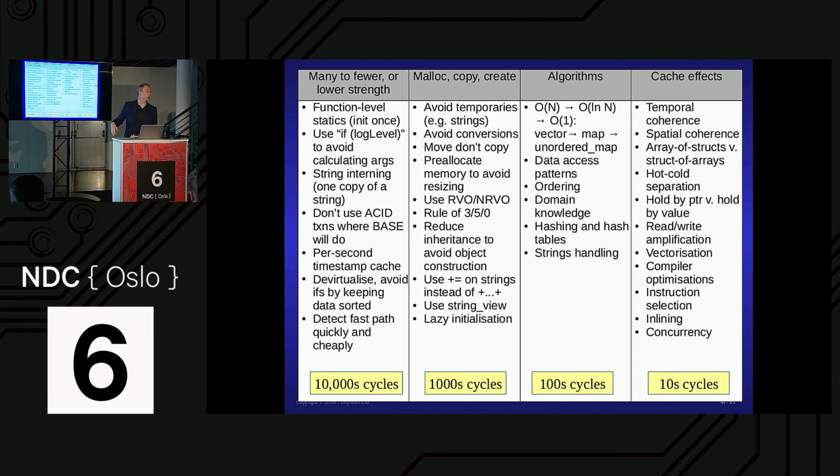You have a choice of hold by pointer or hold by value. Holding by pointer is a form of hot-cold separation. It allows you move semantics, but then you get a trade-off with it being through a pointer, so you have to do some measurements to understand that one. A lot of these cache effects also depend upon the size of your data, because you've got 32 kilobytes of data cache and things like that. Watch out for read and write amplification. If you're going to read something, make sure that you're using everything inside it. Don't read data you're not going to use. Playing around with the compiler optimizations is fun. The vectorization is particularly fun. And inlining is definitely your friend on this one.